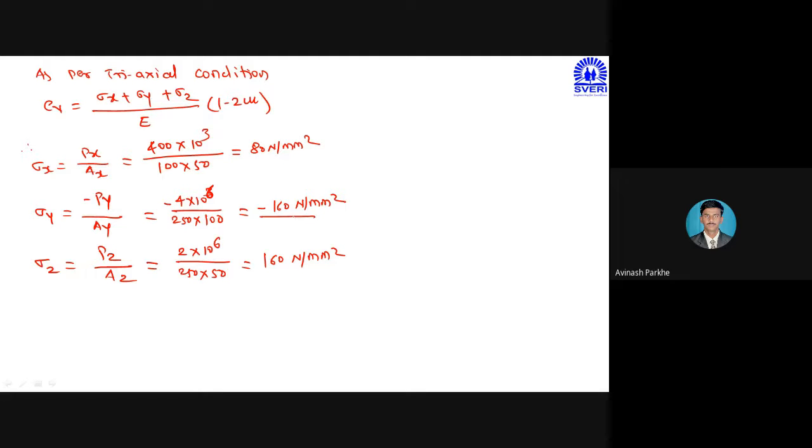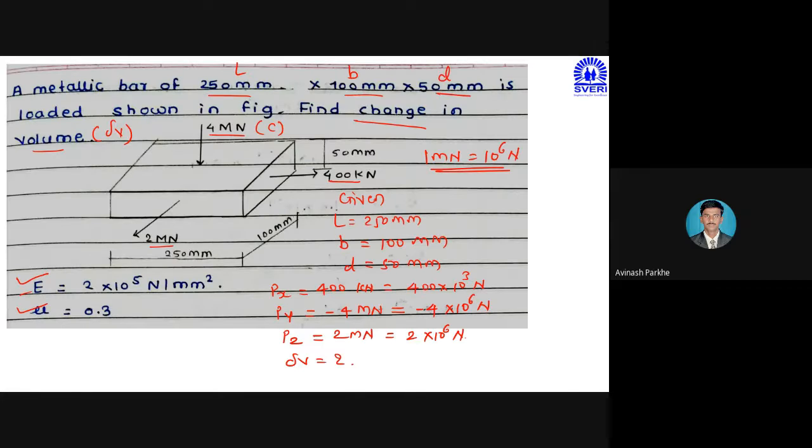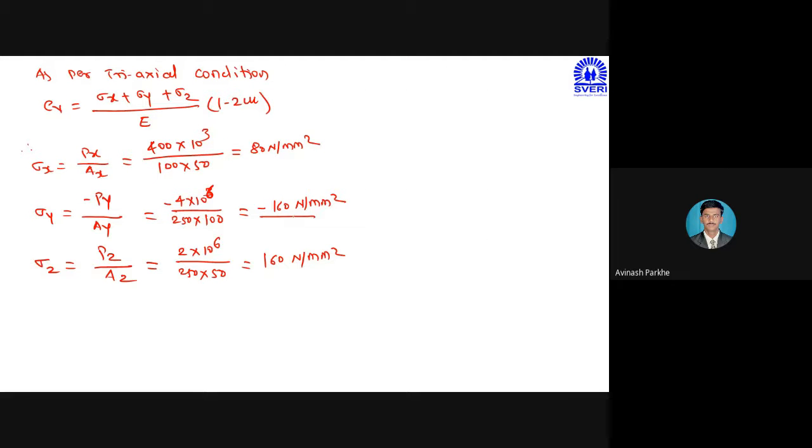Therefore, in the given parameters itself, I have written Py is equal to minus 4 mega Newton. Therefore, minus 4 into 10 raised to 6. So in the calculation, I can put the minus value in the formula and take that minus value in our further calculation. Now, therefore, EV is equal to sigma x minus 80, sigma y minus 60, sigma z plus 60 divided by, what is the Young's modulus? Young's modulus is equal to 2 into 10 raised to 5, into 1.6 into 10 raised to minus 2 into 0.3.